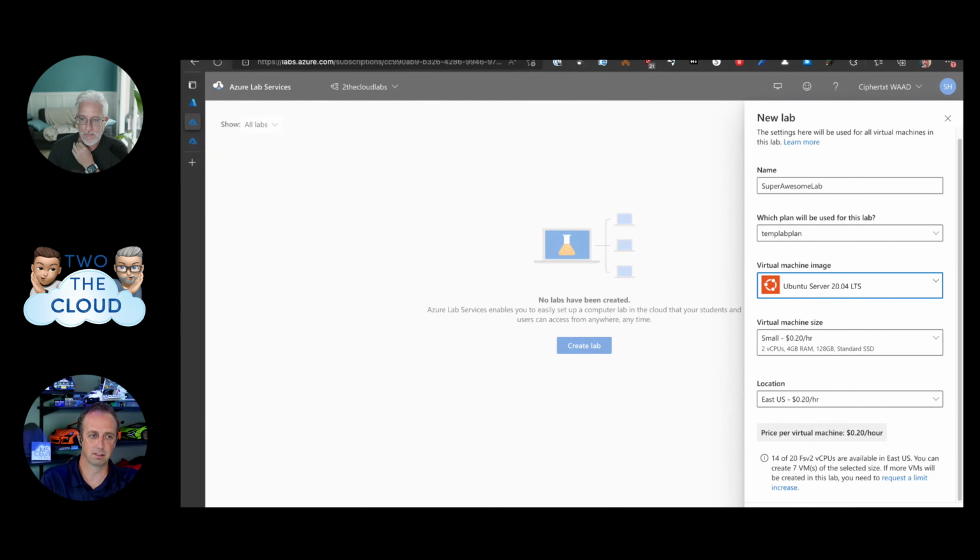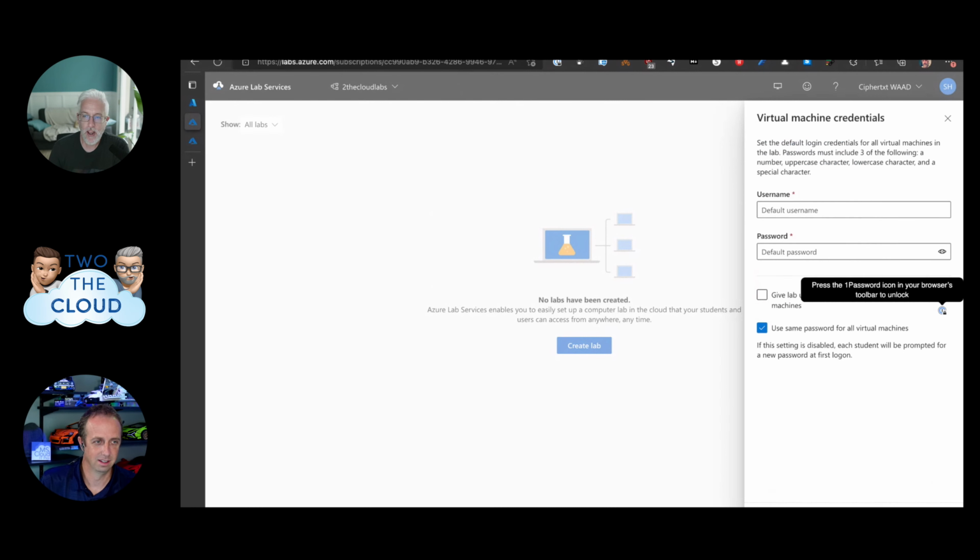Because, to your point, I've done some labs where you need a Windows 10 box, you need a DC, you need a couple of servers. You're actually running four or five different VMs all networked together. Yeah, it gets interesting. So there are potentially a couple of other pitfalls in here for you as well.